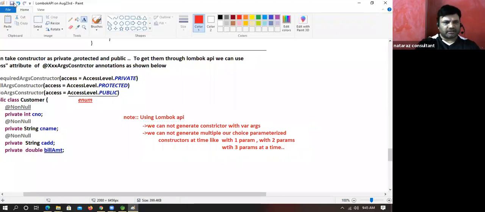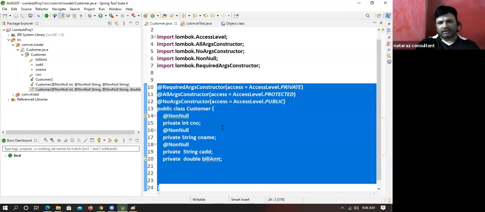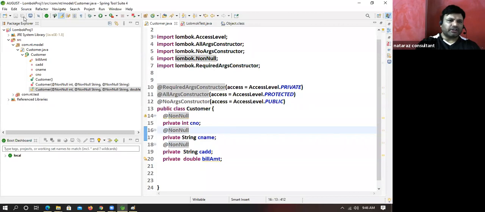Are you understanding my statement? Yes. This is also done. With this, we completed the story related to constructors. Everyone enjoyed this point?